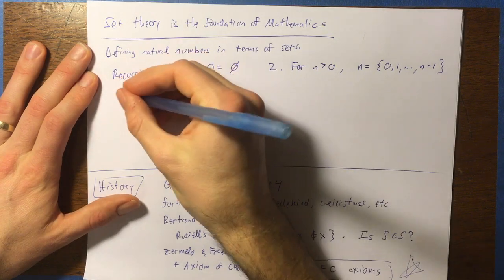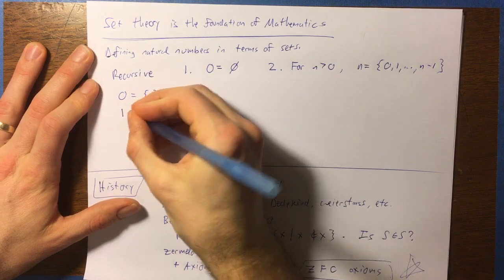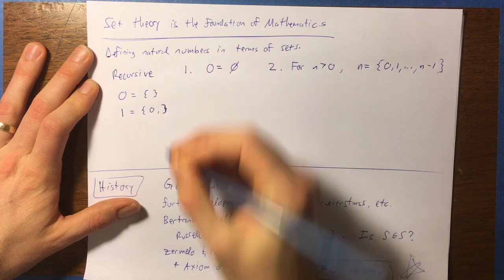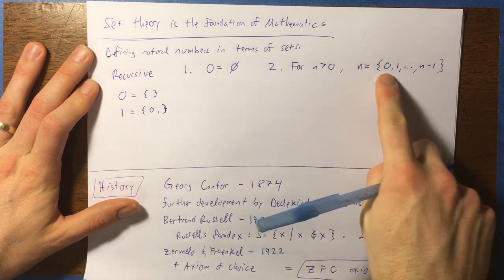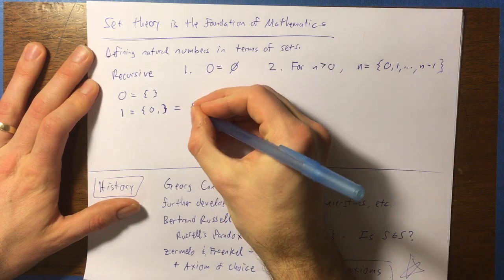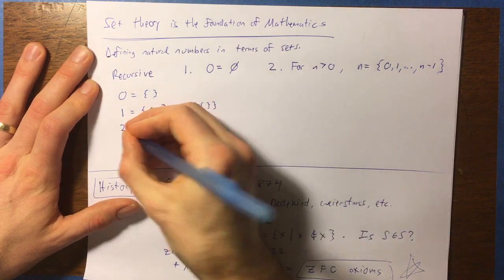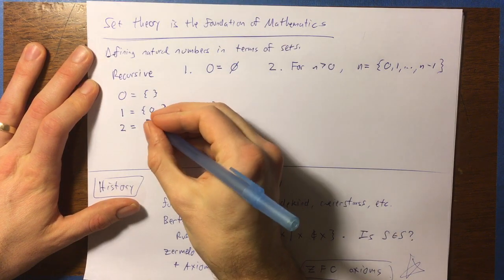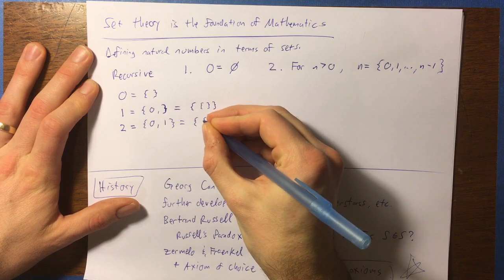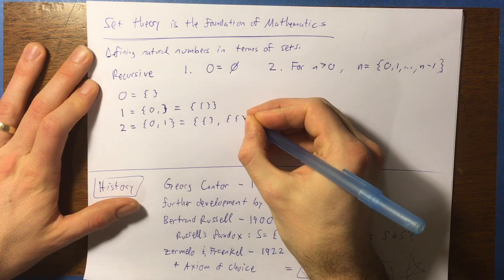So this is what this gives us. 0 is the empty set, which looks like that. Then 1 would be the set containing 0 and 1. No, sorry, I misspoke. 1 would be the set containing 0, because 0 would be n minus 1, right? It's all natural numbers preceding it. So this is going to look like a set containing nothing. Get ready to see a lot of braces. 2 is going to be the set containing 0 and 1. There we go. That's going to look like a set containing nothing, and a set containing nothing.